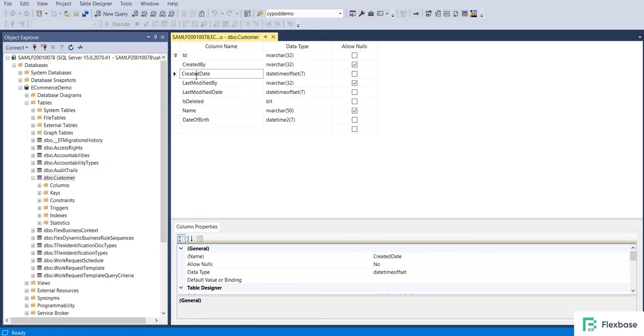Some people say that okay, GUID is not very good for performance, but definitely we have tested a lot in sequential GUID. You will get very good performance, as well as you get the unique IDs, and you don't have to depend on the database for creating the ID and giving you back the ID and applying it as a foreign key for some other models. So that is the huge advantage here. And when you are doing a microservices application, multiple applications, it has tremendous value that you will get there.